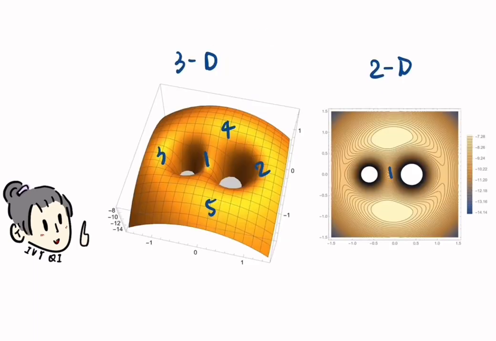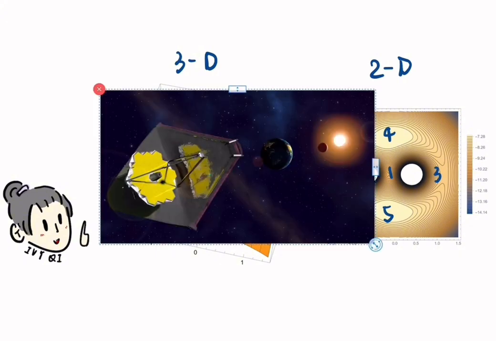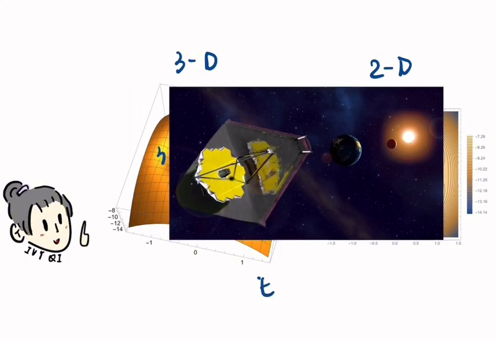Now, finally looking back to the picture of the binary star system, we can see that there are 5 significant peak or valley points on the graph, which are the 5 Lagrange points. Even though these points are not perfectly stable equilibrium points, with the help of some special orbits around the point, the properties of Lagrange points can help spacecraft to save a lot